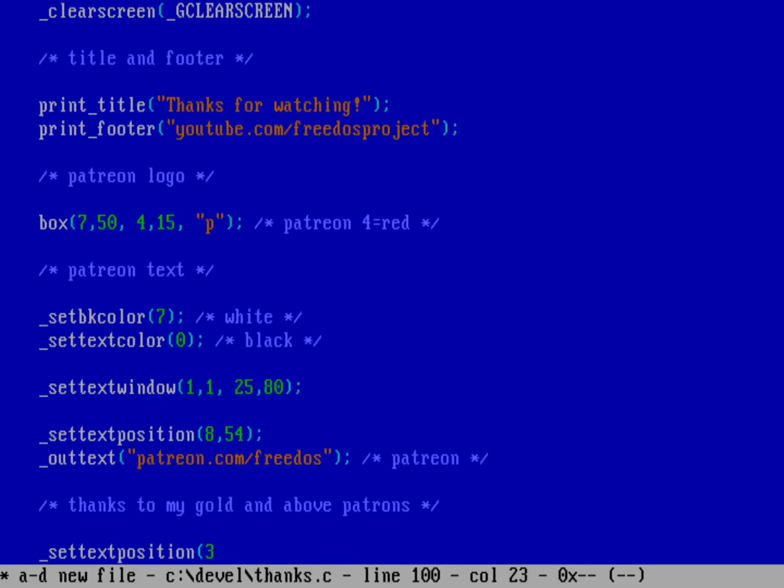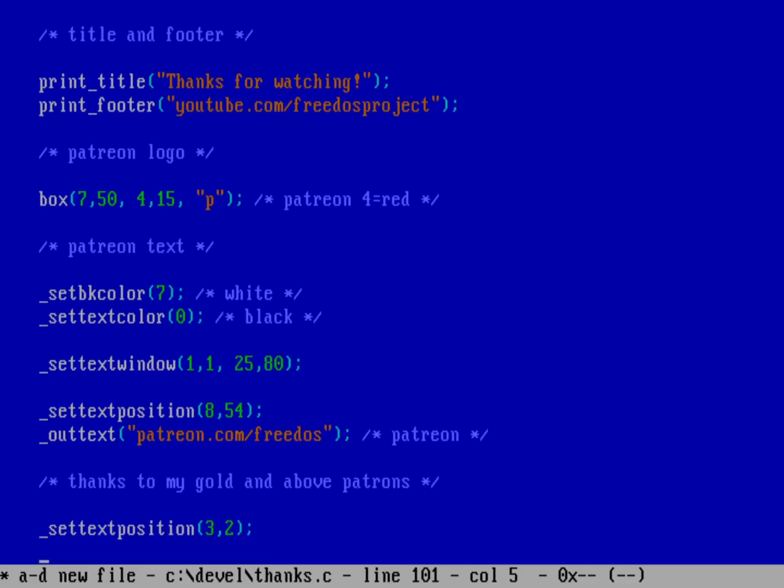And so I'm going to start on line 3. And that means that the top line, line 1, has my header on it. And then I'm going to leave a blank line. And then I'm going to start my text at line 3 and then column 2. That means that I'm not mashing my text all the way on the left-hand side of the screen. I'm leaving an extra column there so it looks a little bit nice. And then I'll say out text,